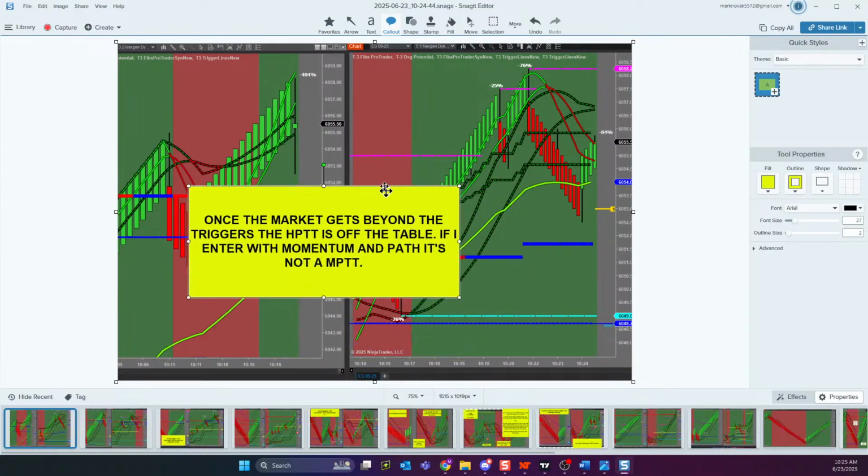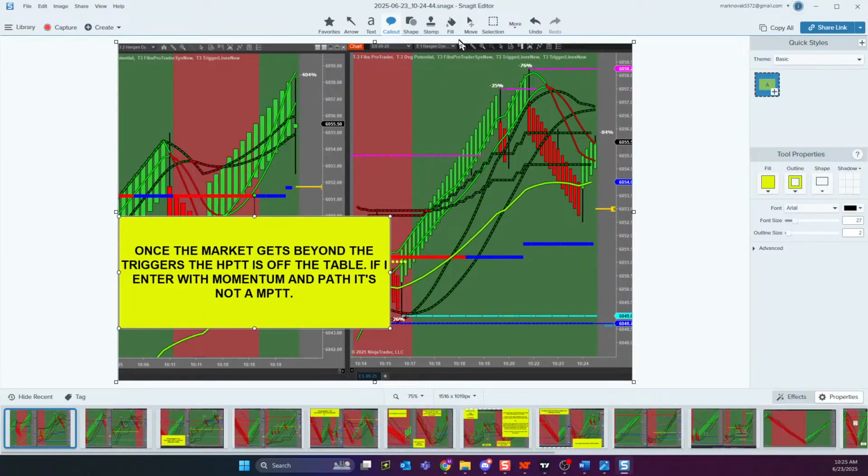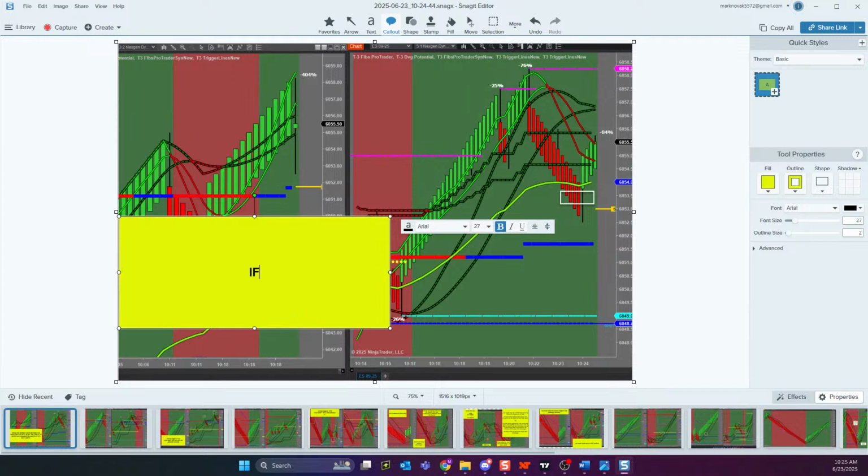Okay, so here's what I'm saying. In the KISS plan, stops are placed 4 or 5 ticks beyond the triggers. If the market is beyond the triggers, I have no logical stop placement. Does that make sense? I can't put my stop 4 or 5 ticks beyond the triggers because that's where the potential entry is. So Better Dad, this is where